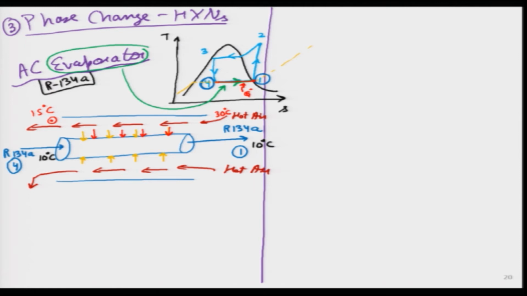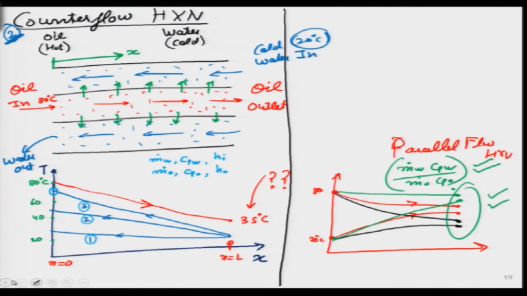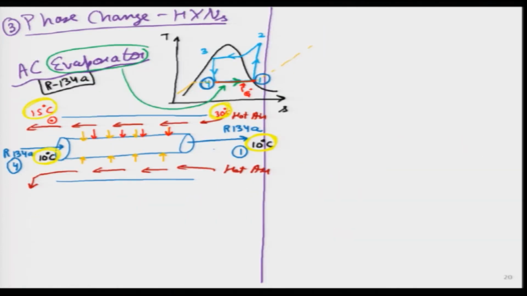So, I have just put four numbers over here, maybe I will circle them in yellow color. I think students can see what I am trying to do over here. This is the first temperature 10 degrees, second temperature 10 degrees, third temperature 30 degrees, fourth temperature 15 degrees. Now, like in the previous slide, I want to draw this type of temperature profile, because what I have drawn is another simple heat exchanger where phase change is taking place.